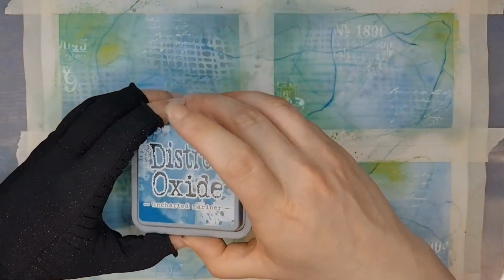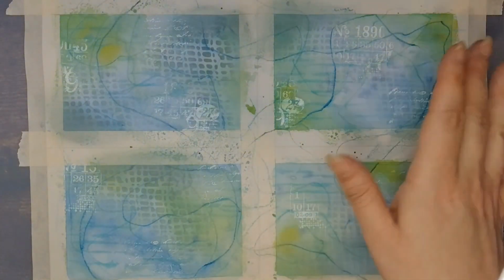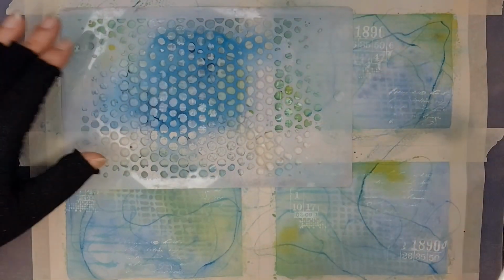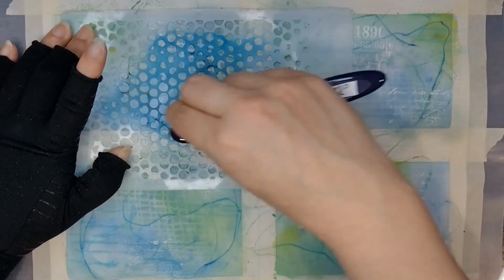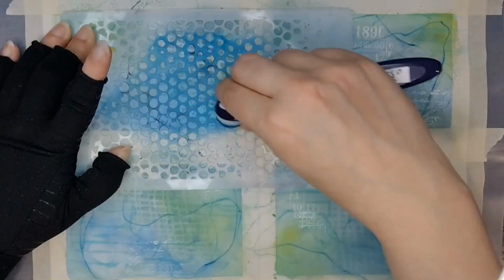I'm going to use the Uncharted Mariner, which is literally one of my favorite colors. The other one I want to get really badly that I don't have yet is the Wild Honey, because, you know, I'm my orange girl. There's also still quite a bit of ink on this one, so I may...